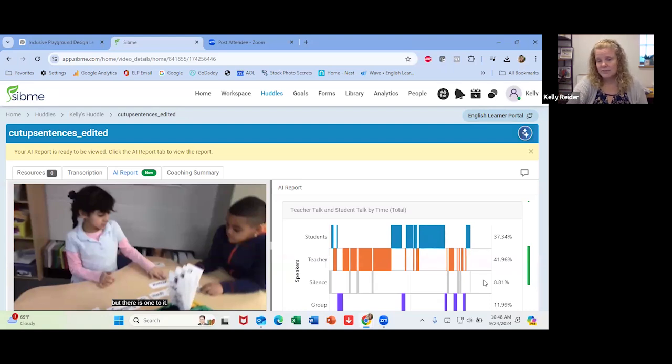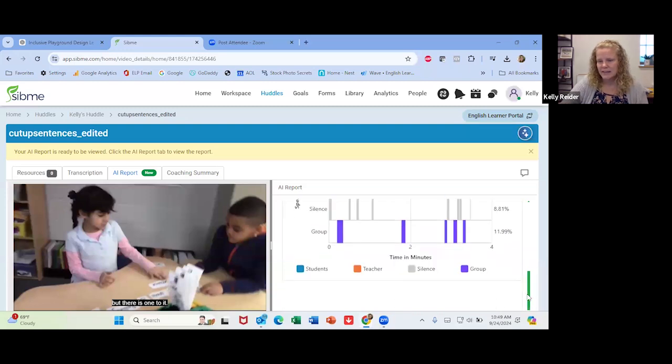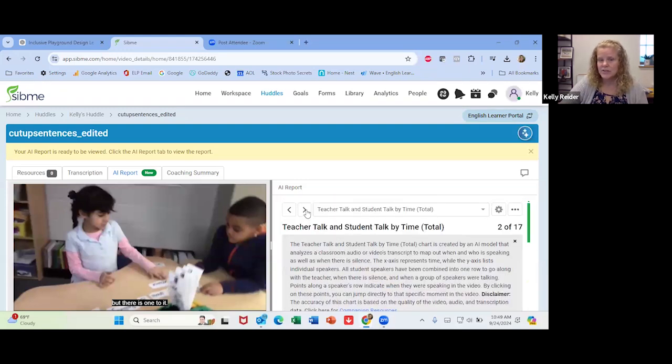As an example, I would say excellent work to Adriana because she has a good balance of student talk and teacher talk time, especially in a beginning level English language development class, that the students really were controlling the conversation and using language for 37% of the class. And that's what we want to continue to work on, is modeling with the teacher talk, but letting the students take over that language and make it their own. So this is perfect feedback in that kind of teaching situation.